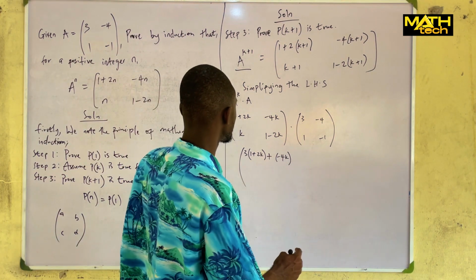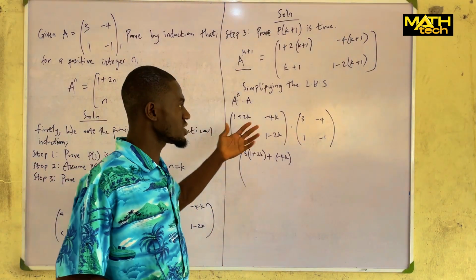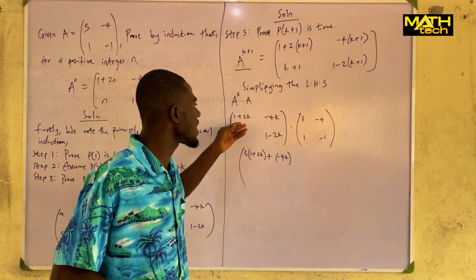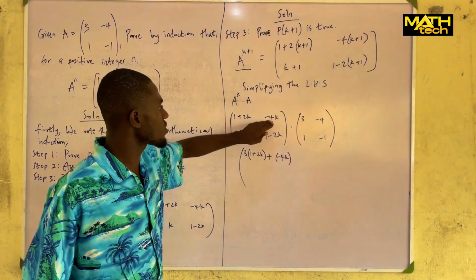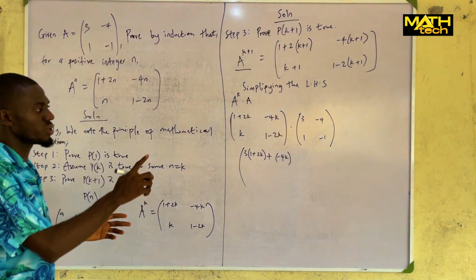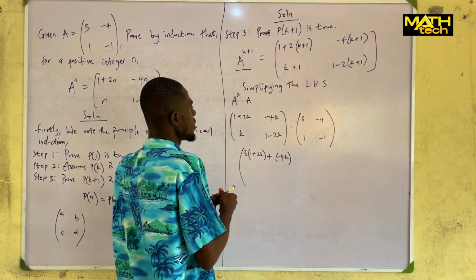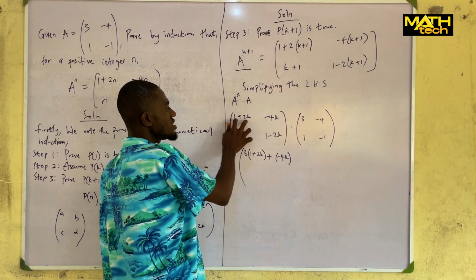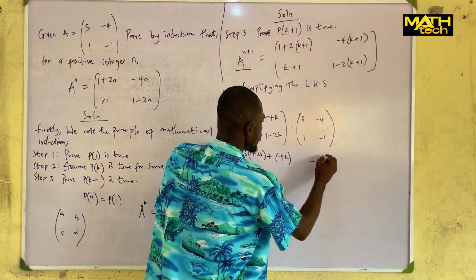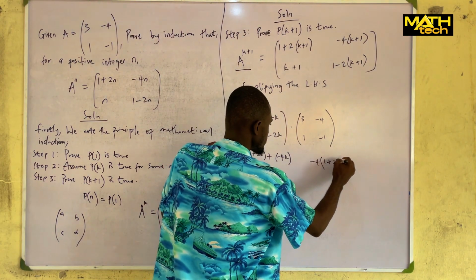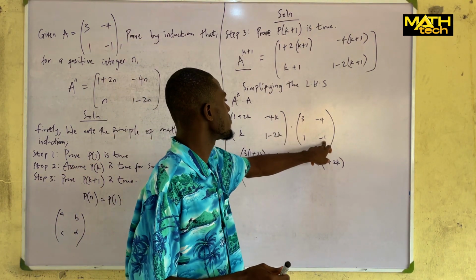So we go to get our B. Now this is the first row multiplying the second column. Just as we did for the first step, that's how we do it. We use the first value here to multiply the first value here, and the second value here to multiply the second value here, separating them with a positive sign. So 1 plus 2k times minus 4, since these two values are being separated by an operator, will be written as minus 4 into 1 plus 2k, and minus 4k times